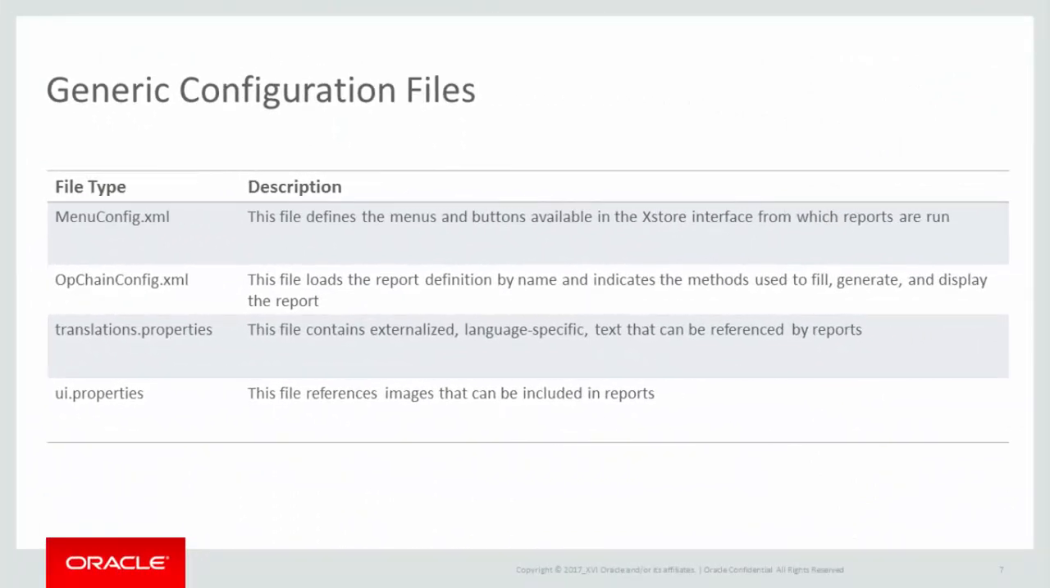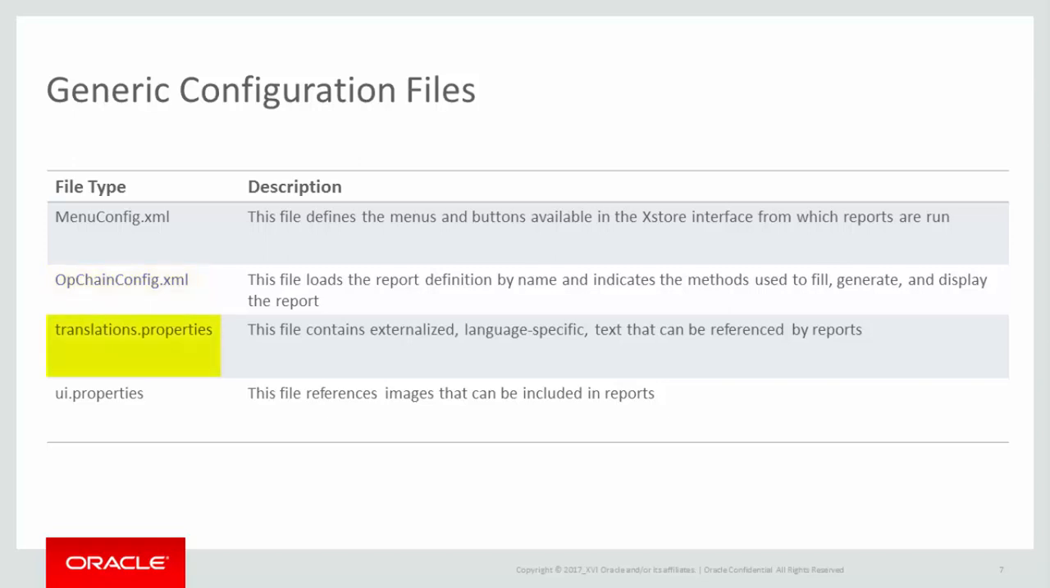There are a few other configuration files that may be of interest to XStore report developers. Reports launched through user interaction with menus utilize configuration in a menu config XML. Anyone familiar with customizing XStore understands the important role of the opchain config file. Indeed, for reports, this file is used to load report definitions and controls whether a report is displayed, saved, or